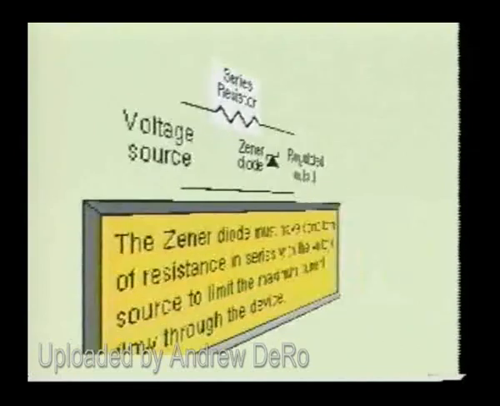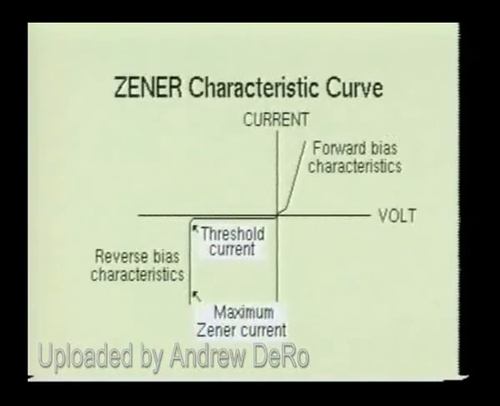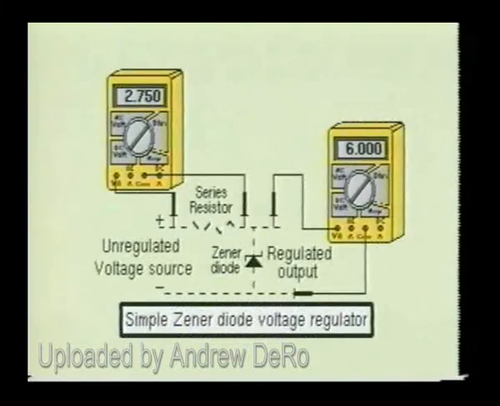The value of the resistor is chosen so that the Zener will operate between its threshold current and the maximum Zener current. Once the Zener avalanche is on, the voltage drop across the Zener will not change, even if more current is passed through the device. This makes the Zener diode an excellent voltage regulating device. When the reverse bias is reduced below the avalanche